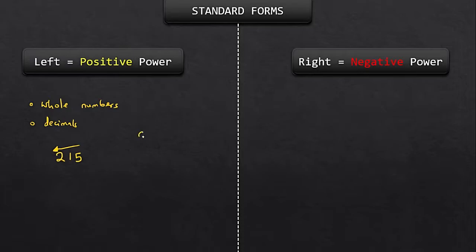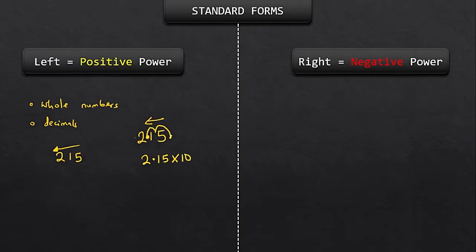So this is what I mean. Supposing we want to express 215 in standard form, we start from here and jump 1 and 2. The moment we reach this point, before we move to the last number, we stop, and since we moved to the left, we say 2.15